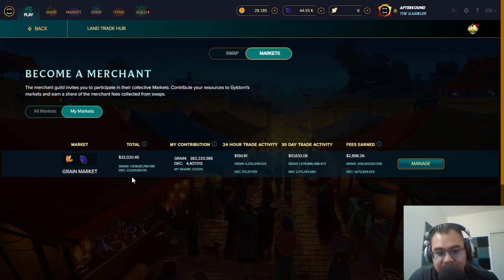Not to mention that there are also going to be 3 additional pools added in for each of the other natural resources that are coming in. If those are all at the same level of liquidity, meaning that there's about $30,000, $32,000, we should see about 66 million, maybe 60 to 70 million DEC taken out of circulation and thrown into the pools just to match what's happening in the grain market. But again, this is all looking at the grain market now with the 1.5 lens. What we have to wait and see is what happens when the 1.75 lens does come into play.